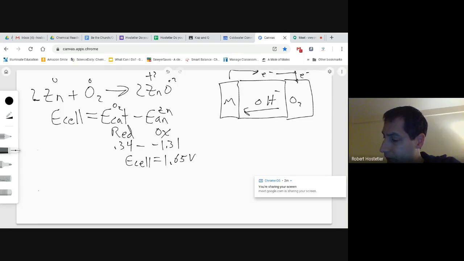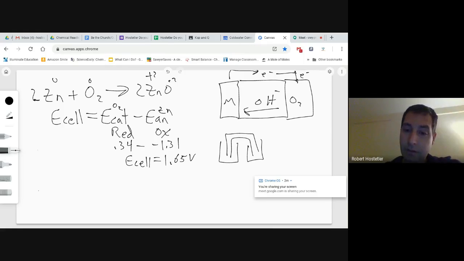Let's see. It says a fresh air zinc cell is weighed, and then they use it for a while, and they want to know what happens to the mass. Well, typically in a battery, everything is in a closed system. So electrons move through the wire, ions travel through the salt bridge, but everything that's there is still there. It might go from an atom to an ion or an ion to an atom, but it's all self-contained,